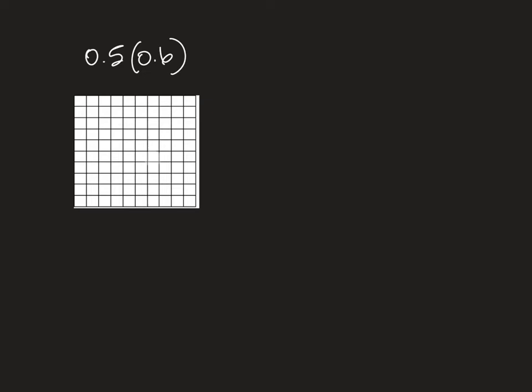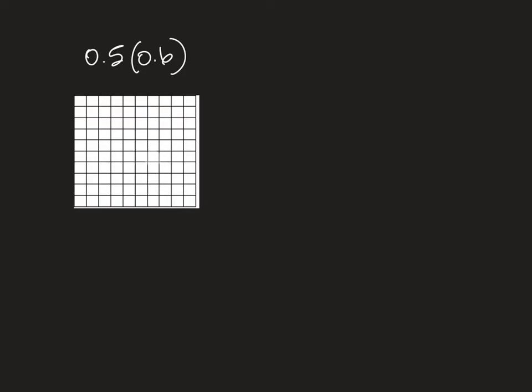Hi, this is a short video on multiplying decimals. Now, all of the work in here is going to be done with positive decimals, but of course the same rules for multiplying integers hold. For example, positive times a negative is a negative, negative times a negative is positive, etc.